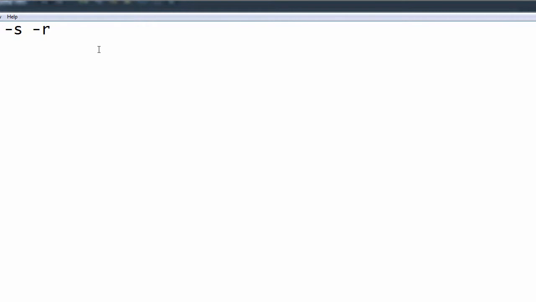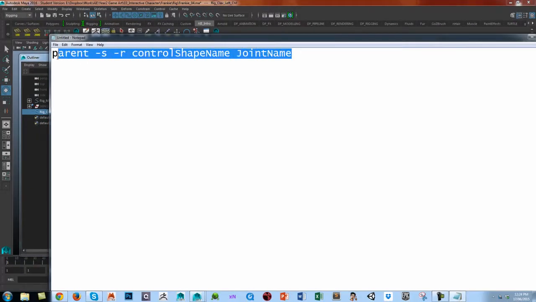Then what we're going to do is type in the control shape, whatever that is, and then we're going to type in the name of the joint. So this is the control shape name. Okay, so that is literally the command that you need. It's relatively straightforward, and I'll show you what it does. So I'm just going to select that,